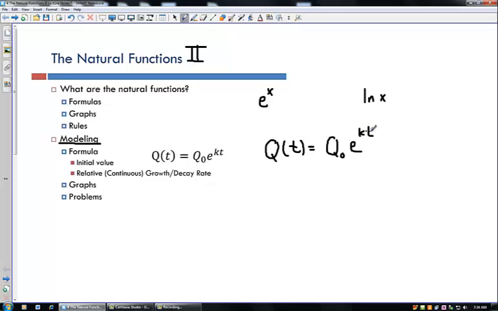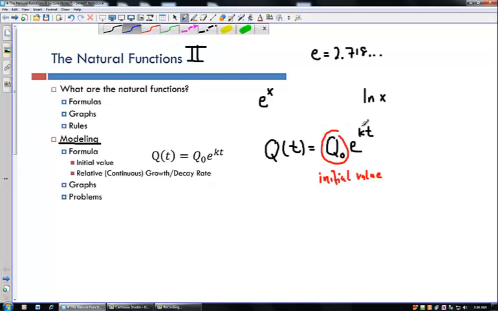Remember, e is the natural number, so it's actually a number, 2.718 ... on and on forever and ever. So let me identify these different pieces for you. So q naught we call the initial value, or starting value. And then k,